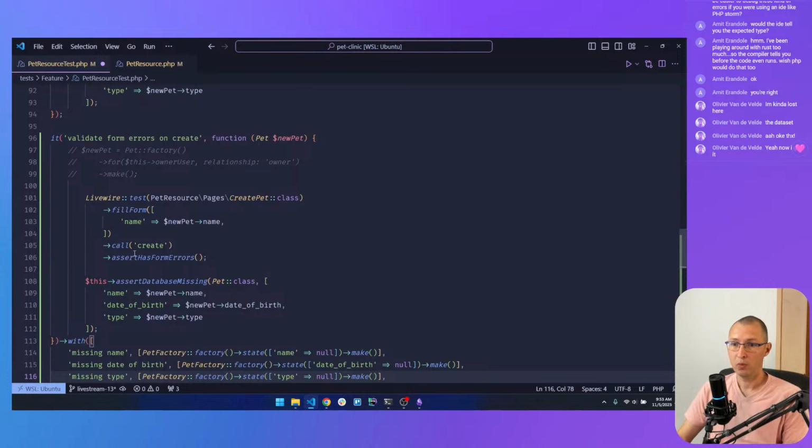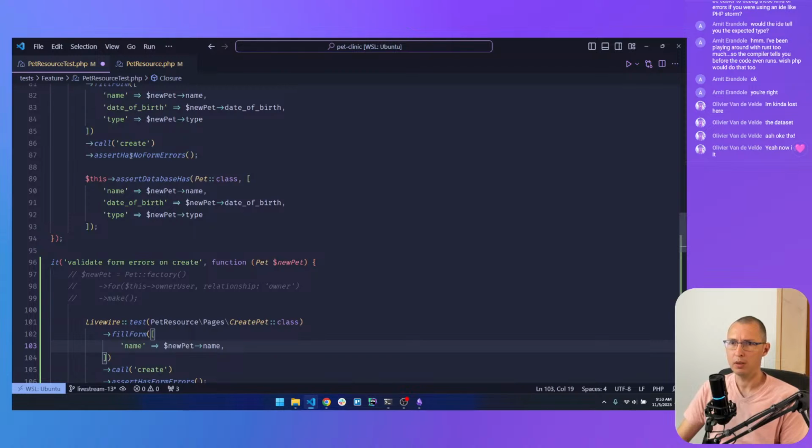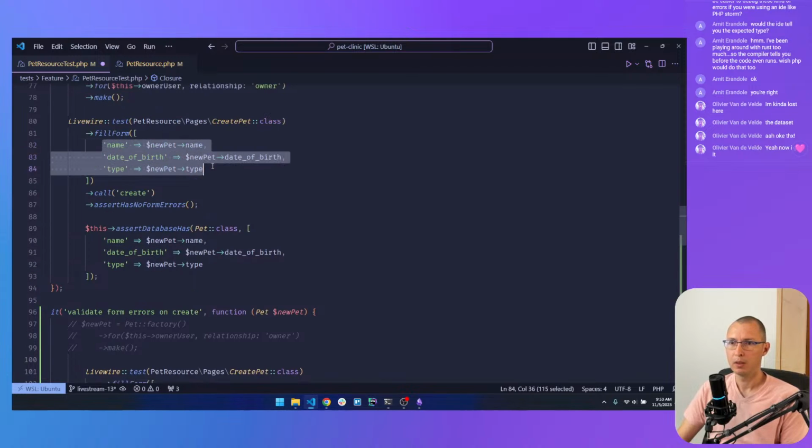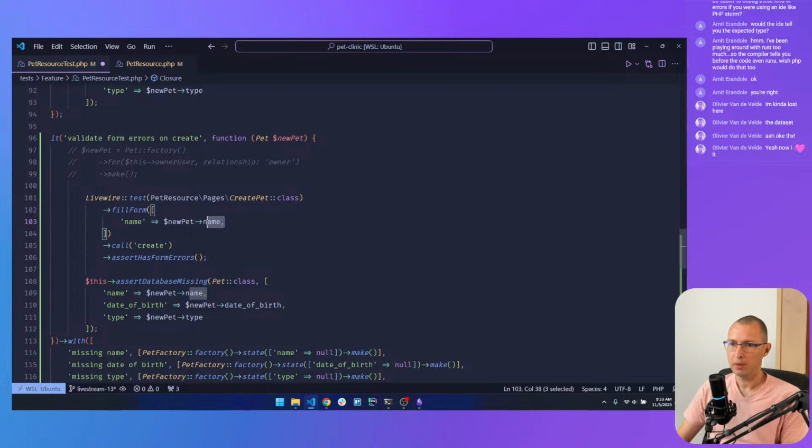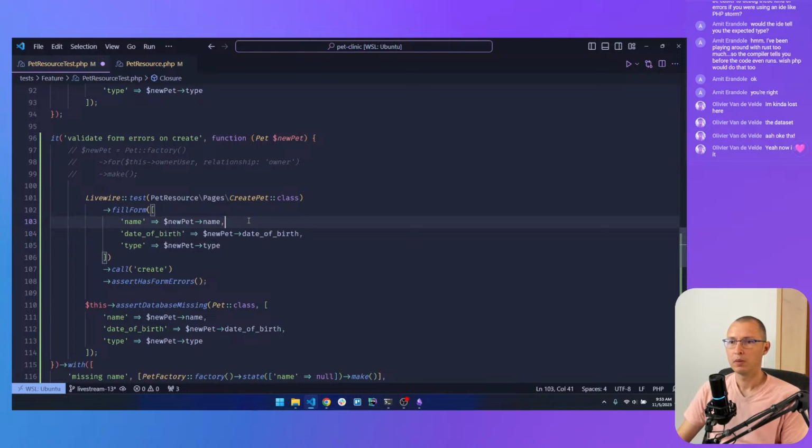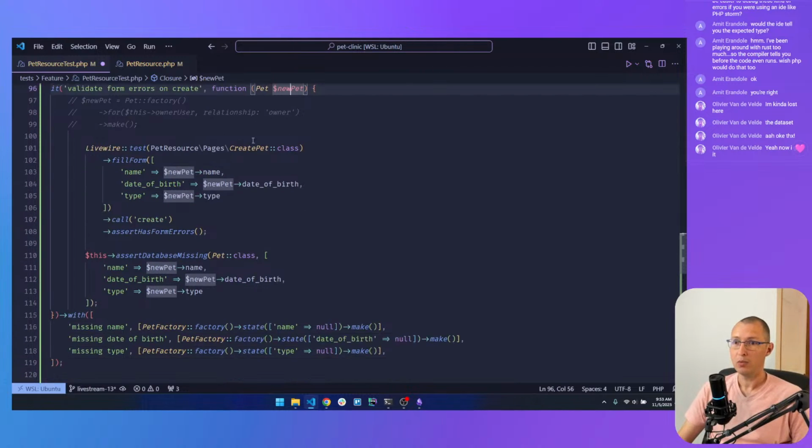And now for the form field, I can just fill all of the fields like this maybe. I'm going to copy this and paste it here. So I'm using the new pet from the parameter from the dataset, and the first iteration will have the name as null, second iteration will have the date of birth as null, and the third iteration will have type as null.